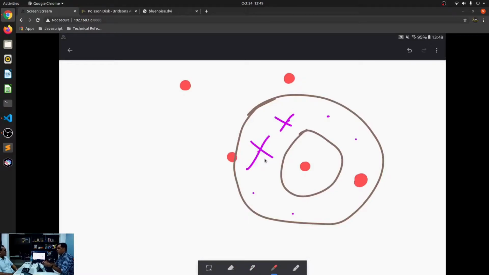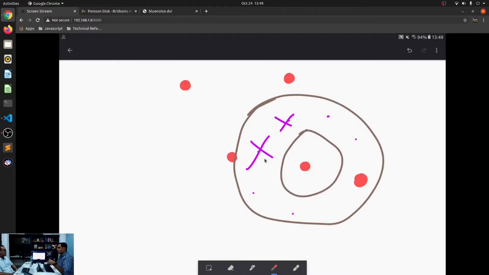Because we are generating new points between R and twice the radius, if any one of those generated points is away from other existing active points, there should be a minimum of R distance away from an existing point.